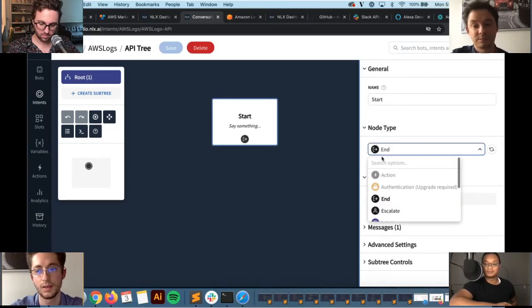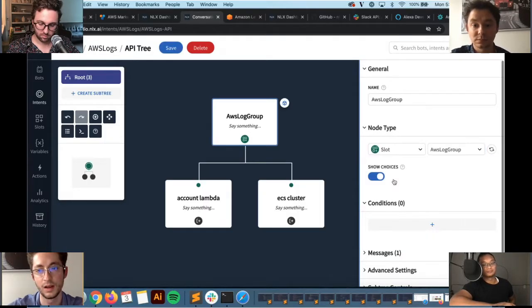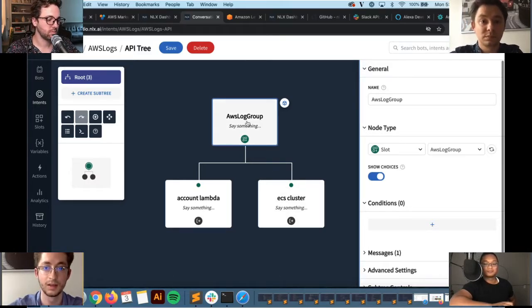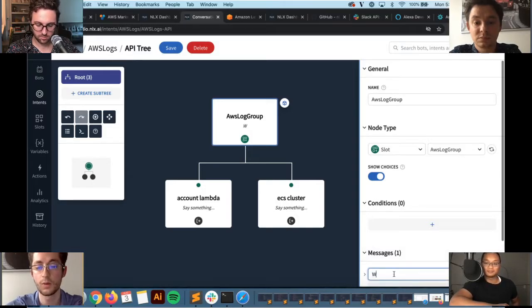Yep. And now essentially I'll show you how we can actually use those slots inside the conversation tree. And you'll see me going back and forth to the intent. So bear with me here. So I'm just going to open essentially the conversation tree to capturing the slot. So what this does is the root node, when it enters it, let's say if it didn't capture the AWS log group, I can say, what log group